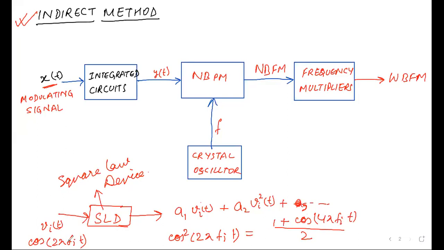Here the value of frequency is Fi. Now here we have 4 pi Fi t, so it is nothing but 2 pi into 2 Fi t, right? So here we see that the frequency part has become twice, that is, double. So this is nothing but the operation of a square law device. So in this way, if we are using multiple square law devices, multiple square law devices, like